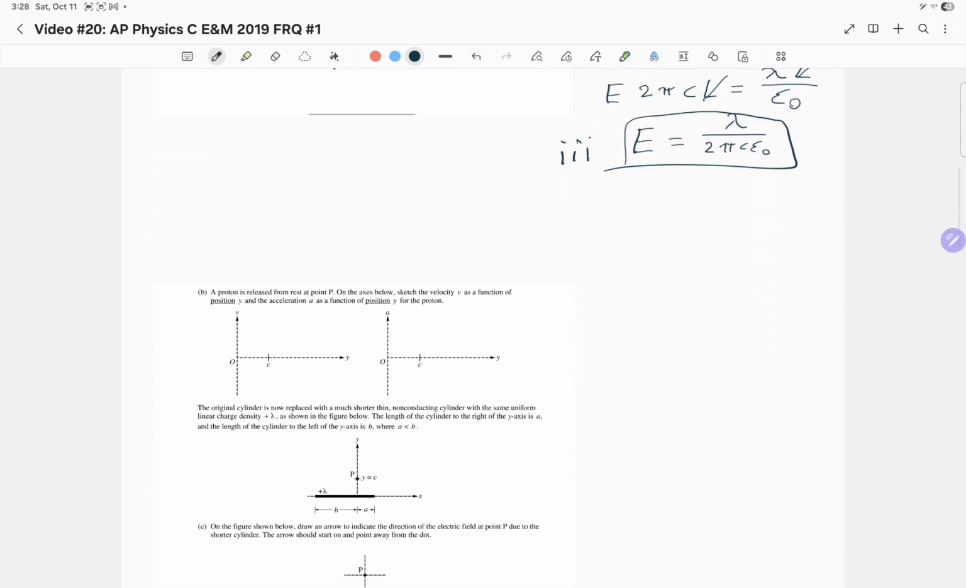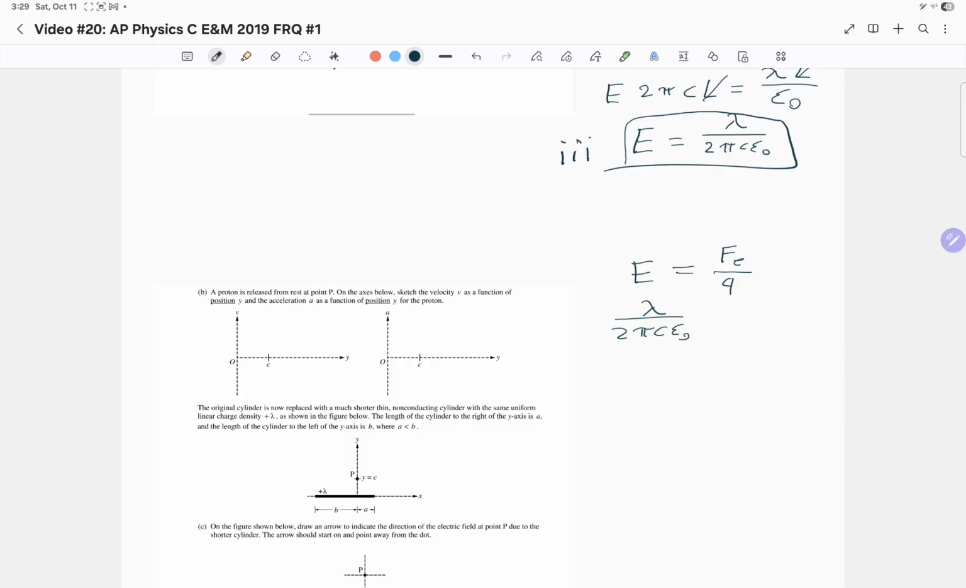A proton is released from rest at point P. On the axis below, sketch the velocity as a function of position y and the acceleration as a function of position y. Okay, so we know the electric field is equal to the electrostatic force on an object divided by the charge of that object. So, therefore, the electric field, which is lambda over 2